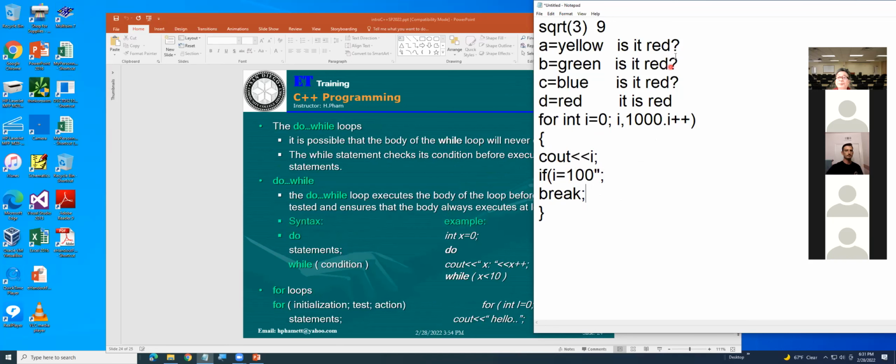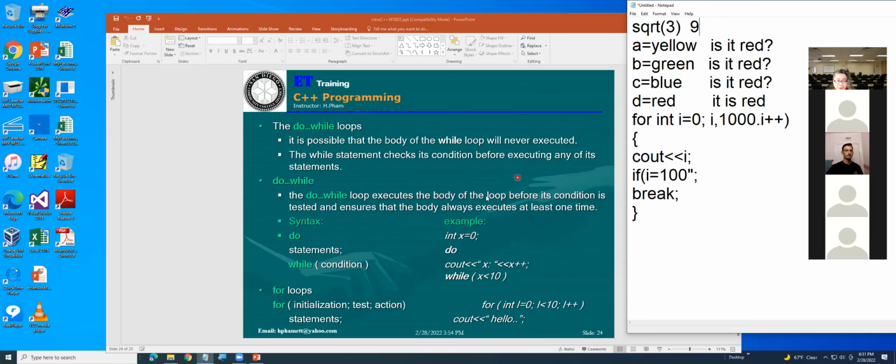Do while. Basically, when you try to do something, you don't have to memorize the formula, but you know where you can look into that. In a while loop, it is possible that the body of the while loop will never execute.